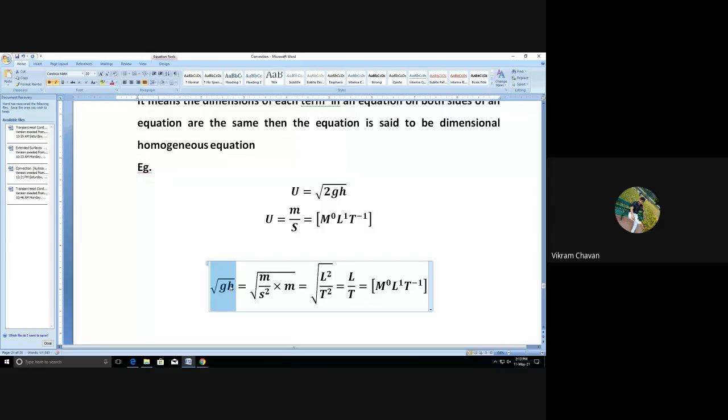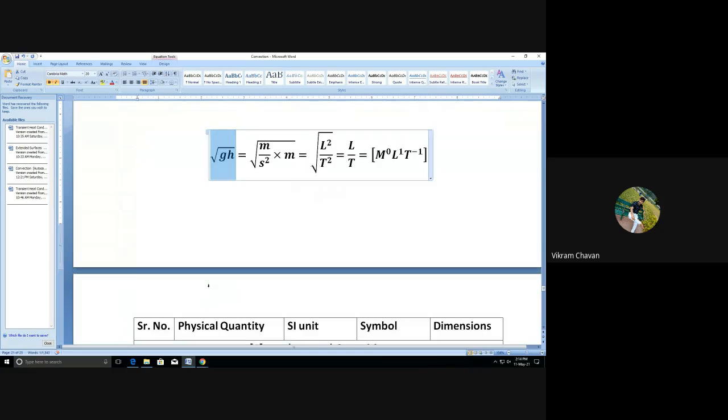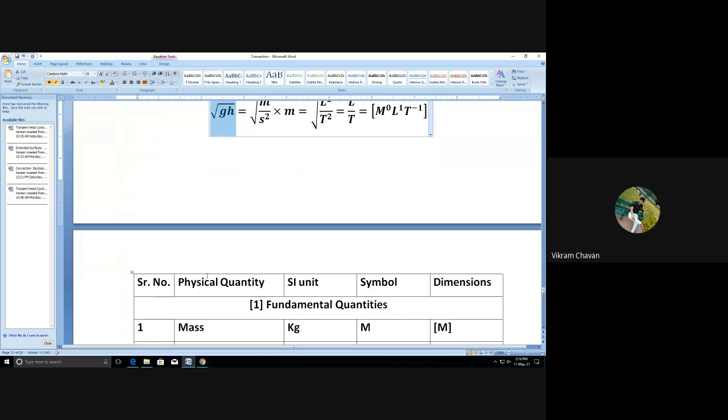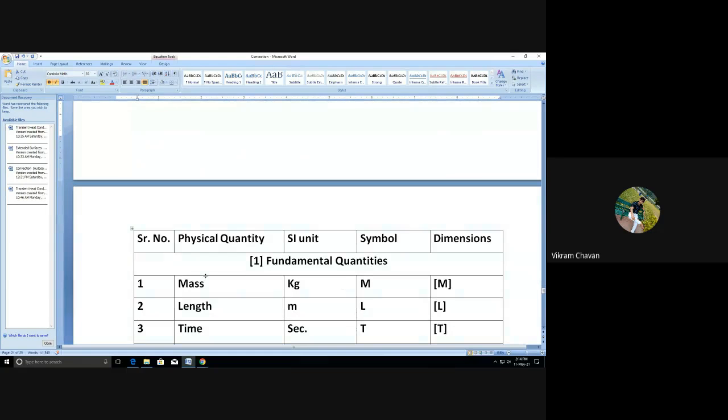RHS dimensions are equal to the LHS dimensions. So we can say that this particular equation is a dimensionally homogeneous equation. Getting? Okay. So further, we have to perform the dimensional analysis, and for that reason you require the number